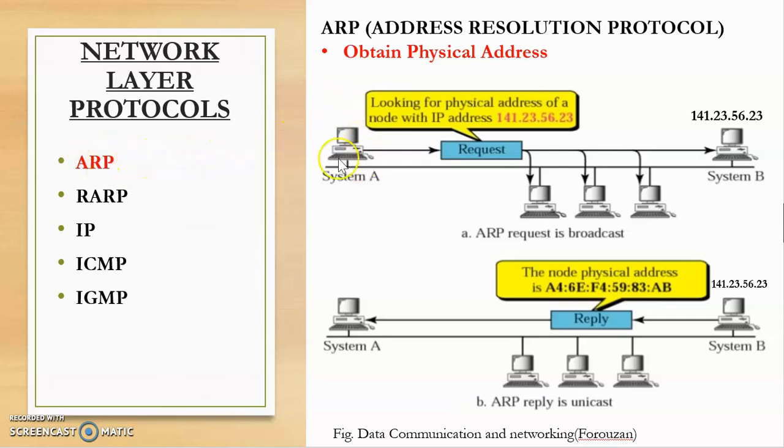So now let us see how this protocol works with an example. Now consider we have a device A which needs to send a packet to device B. But A only knows B's IP address, it does not know its MAC address. So A will send an ARP request which will contain the IP address of the required destination. So in this case it will contain the IP address of B. So the ARP request will be broadcasted, that is, it will be sent to all the connected devices. But only device B will send an ARP response with its MAC address because the IP address mentioned in the ARP request matches with that of B's IP address.